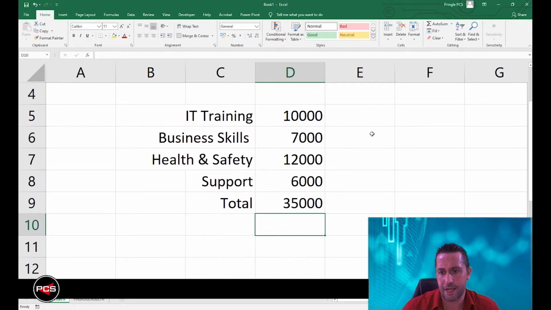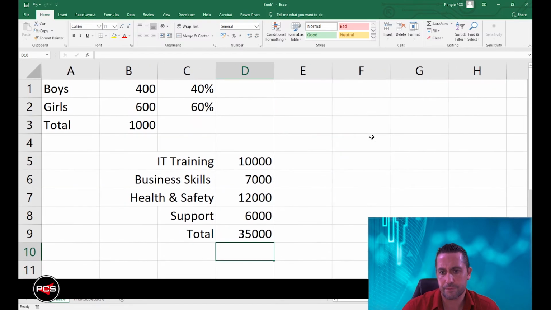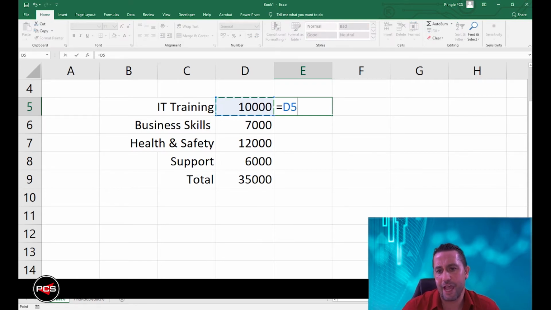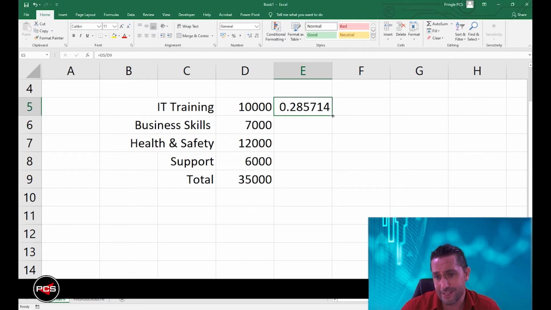Now, if I just move this up slightly, so we can see our spreadsheet. If we now did equals, that figure there, which is D5, divided by that total. But what I want to do is drag this formula, because I'm bored of typing this each time. If I now click that corner, we've got even 29% rounded off. If I pull this downwards,